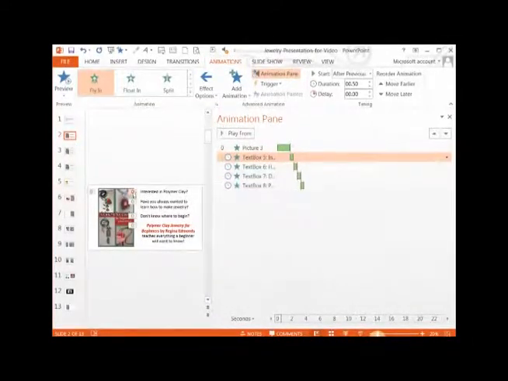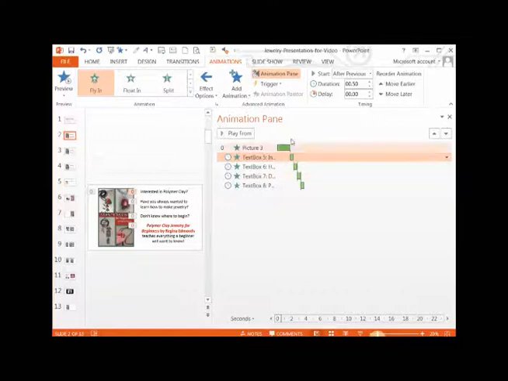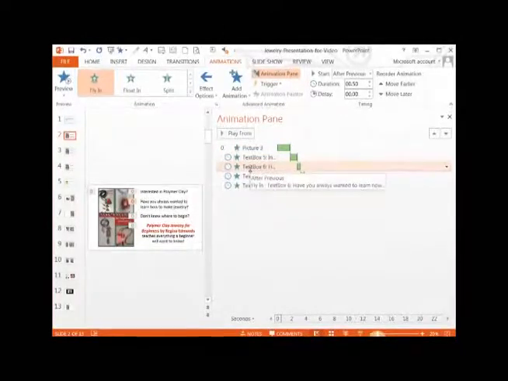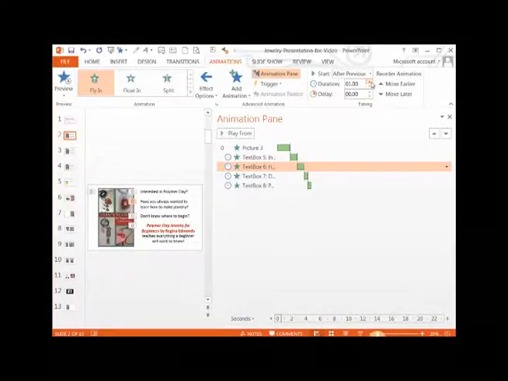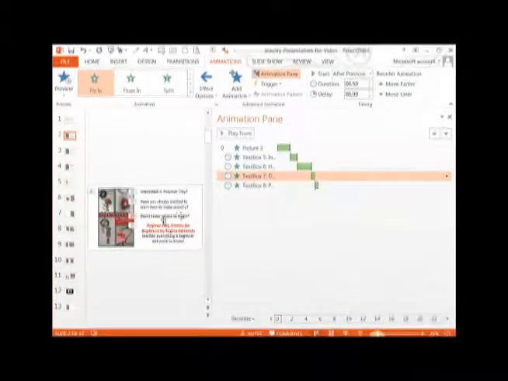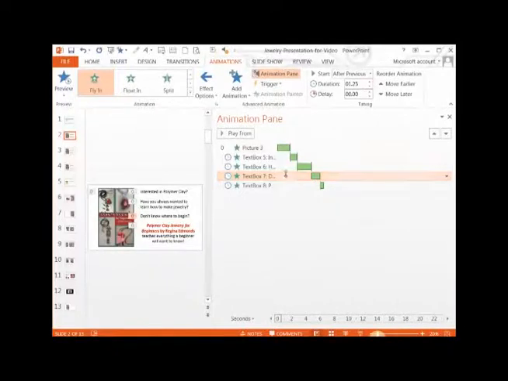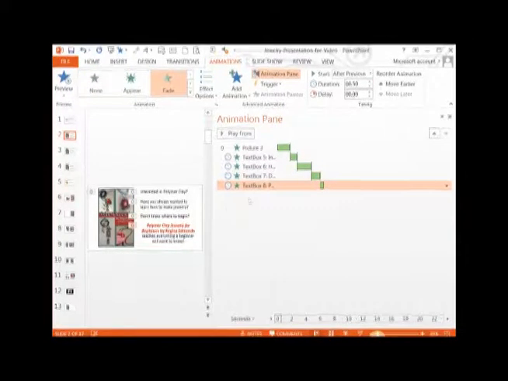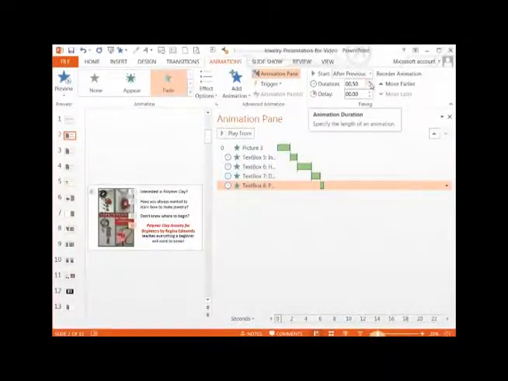So for this second one, it's a small sentence, so let's say I want that to go for one second. Okay, then I click on the next one. That one is 2 lines of text, so let's do that one for like 2. Okay, then the next one here is only 1 line, so we'll have that one go for like 1.25. And then the last one is a whole big mouthful, so we're going to want that one to go. And it's also the last